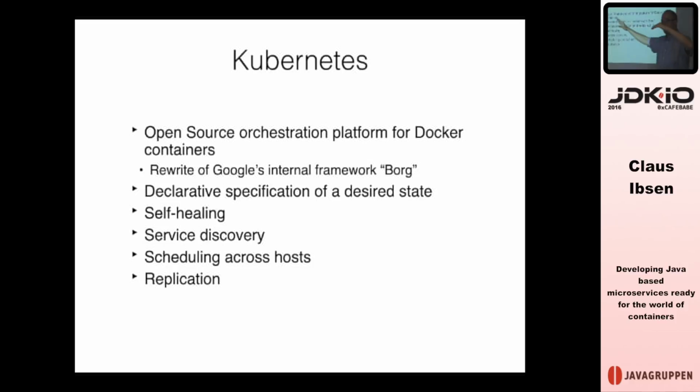But now suppose that a node, a rack of nodes, or just one crashes or something, and then a lot of containers die, and then the current state goes down. Then Kubernetes figures out, oh, there's something going on here, there's a gap here. So it needs to figure out, okay, I need to run 2 more instances of that one and 5 more of that one, and do it on the current nodes that work. And the platform figures out how to do that. And by that you get this notion of self-healing in the platform.